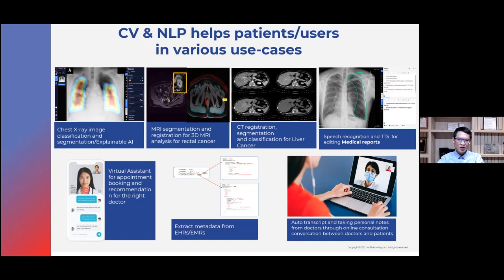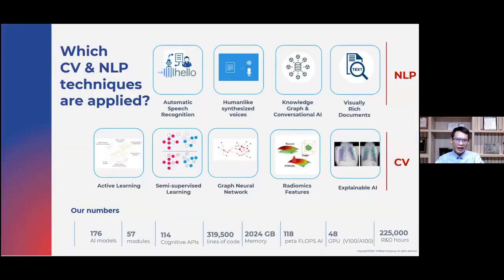And then the final AI we apply in AIviCare is for auto transcript and taking personal notes for the doctor during the online consultation. So from the technology, we bring speech-to-text and text-to-speech, so that we bring the information in, as explained earlier. At the same time, we build a knowledge graph, that is the relationship between disease, symptom, specialist doctor, and what diseases we are going to deal with for each of